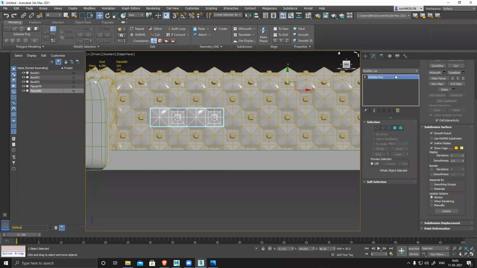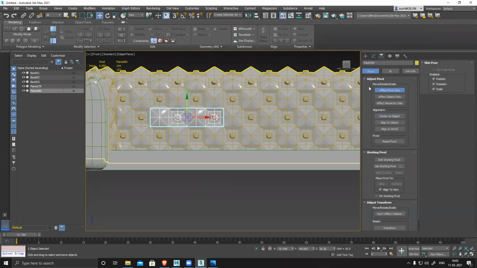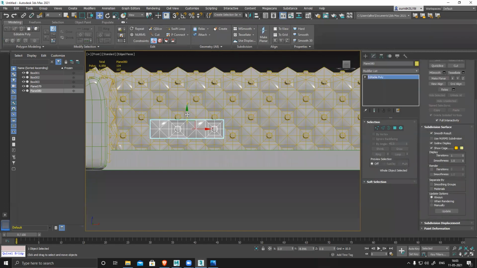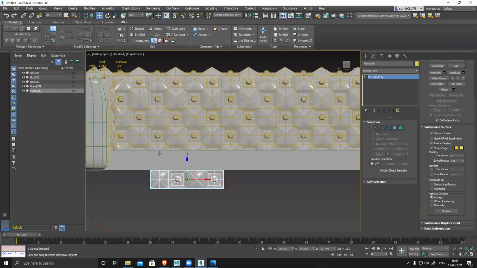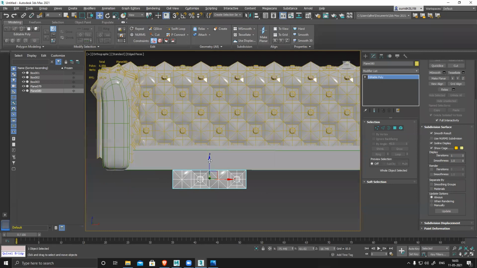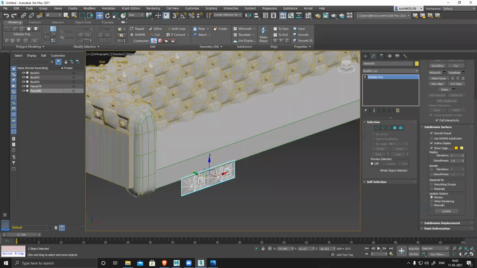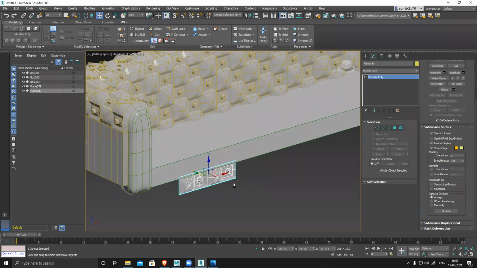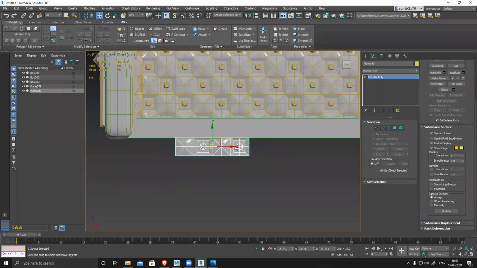Now we have this thing. Pivot, center, go back, base, here. Move it slightly, keep it inside so that we have nice alignment in front.